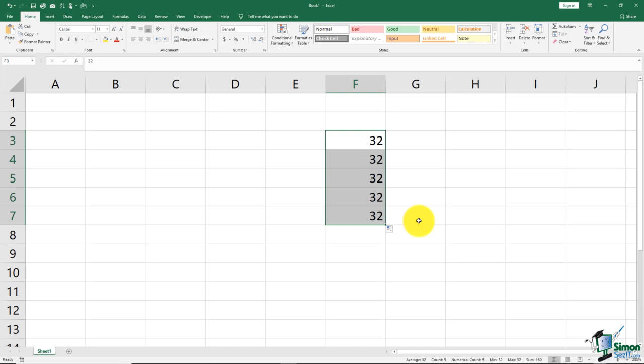This is going to be one of your best friends in Excel. There will be times when you write formulas that you'll want to copy that formula, and this will just do that for you. The next thing you'll notice is that if I point my mouse around the edges of my